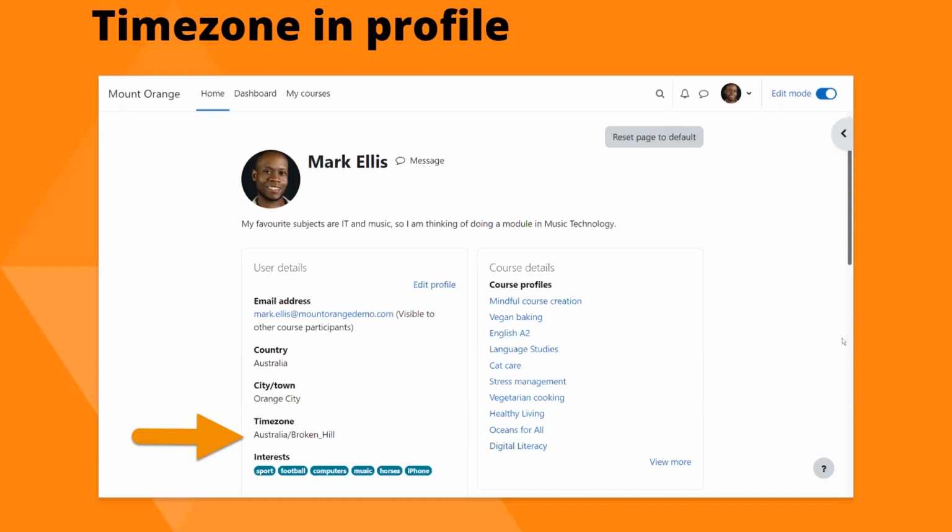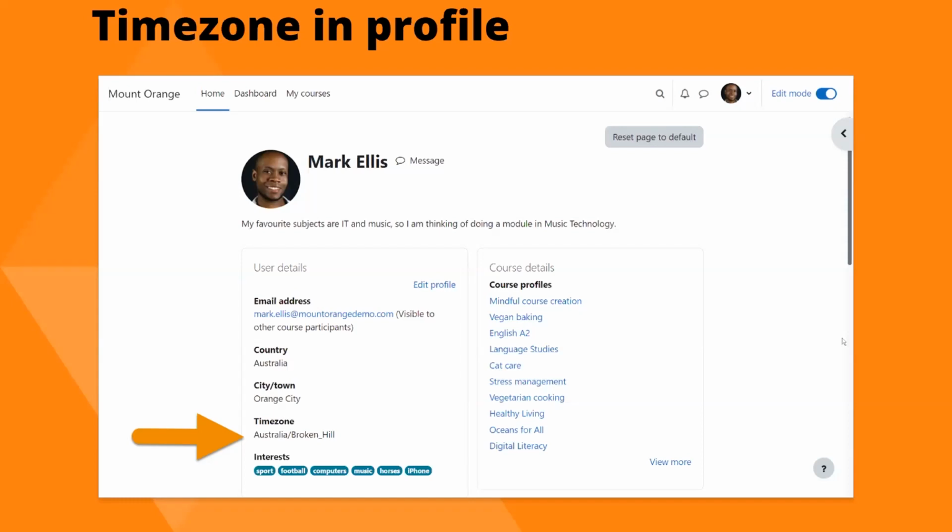I like this because, particularly working in Moodle HQ, we have people all around the world, and it's a nice way of finding out if they're in a similar time zone or if they're completely different, the other side of the world. This is on by default. I can't imagine why you would want to turn it off, but you can, if you go to, I think it's user policies, hide user fields, so the time zone is there.